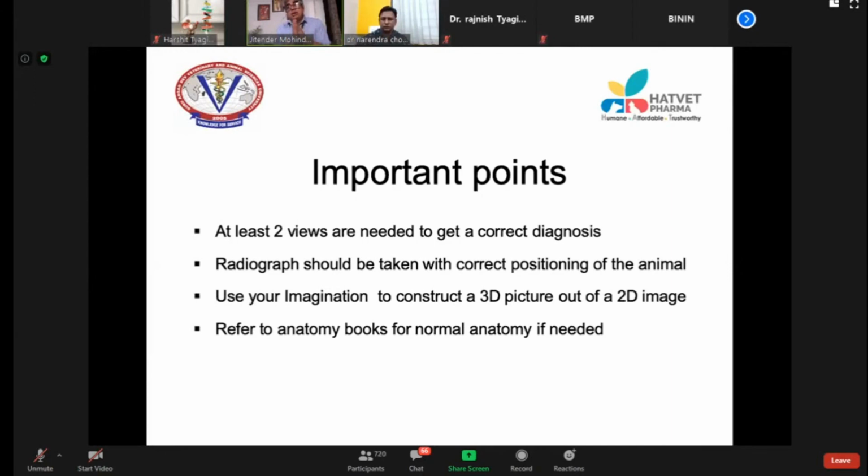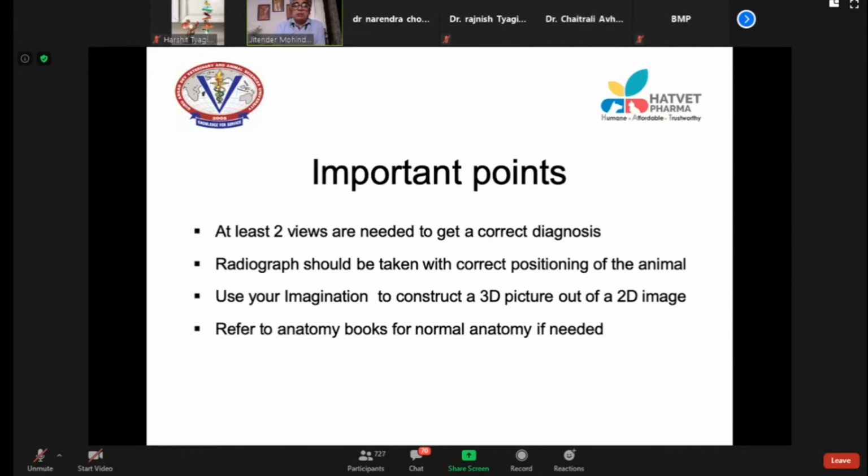And fourth, never be ashamed of referring to books. Even after 20 or 25 years of experience, I still go back and see books if I am in doubt. So never be ashamed. You should have some X-ray or radiology books in hand. Nowadays the internet is there; you can open the internet and see the anatomy. Because with wrong interpretation, your practice is at stake. People will say that this person does not know anything. So always try to give a correct interpretation, and if you don't know how, you can consult some other person also.